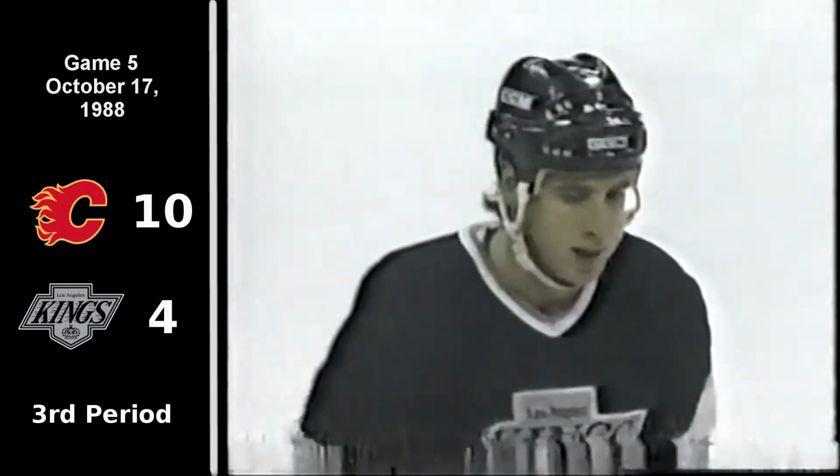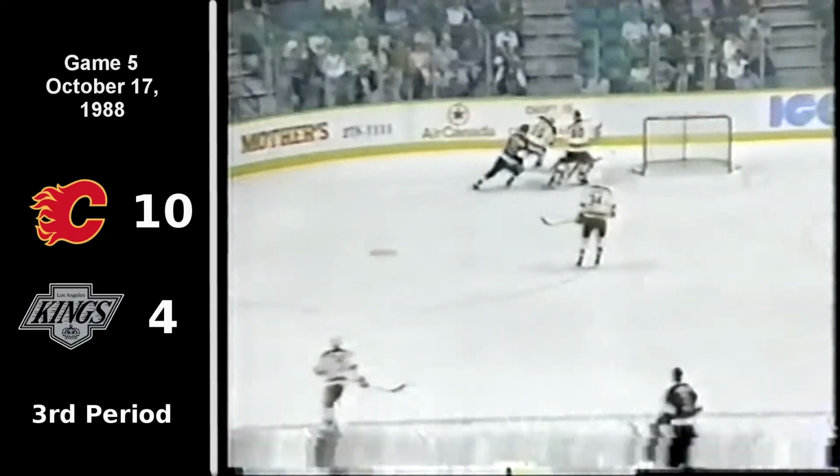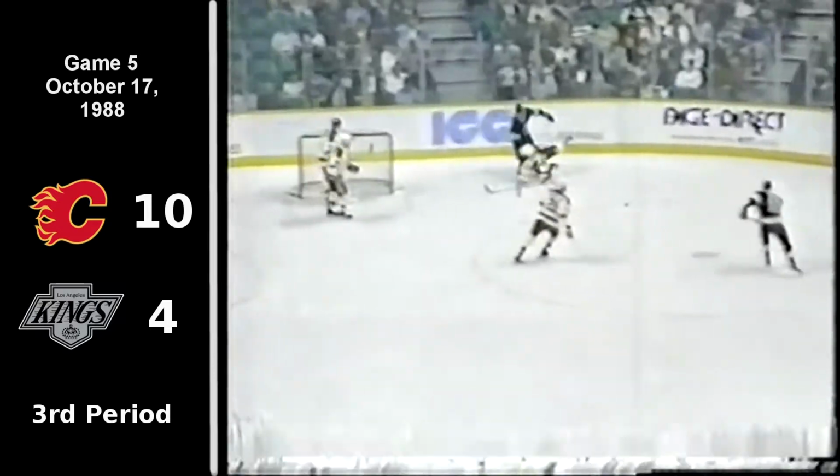Nick, no indication at all through 2 periods that this was going to happen in the third period. No, none at all. Kings were right in the game where they want to be on the road, within a goal, within striking distance. Dave Taylor to Bernie Nichols right in front. No chance for Mike Vernon. Kruzhelnyski and Taylor assisting on the goal at